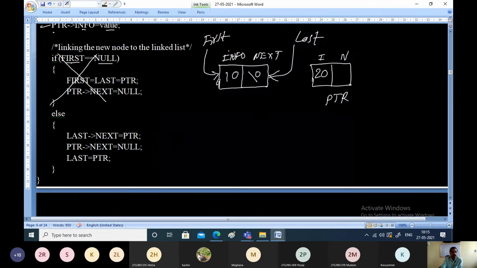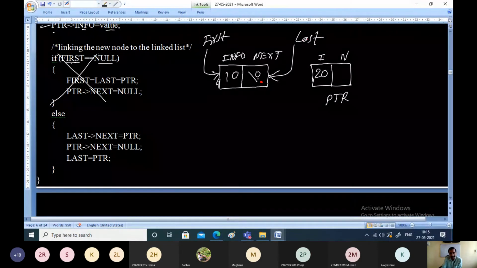So now what we have to do here is perform linking. The last pointer's next field should be made to point to this newly created node. So how can we do that?